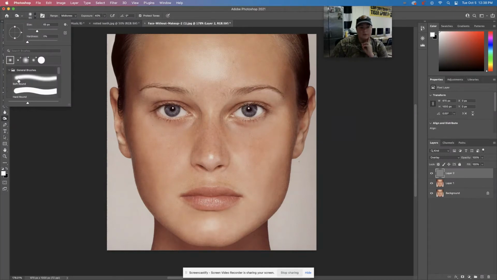That'll be in your general brushes right here. So soft round, and I'm going to go up to about a 160, 162, 164, 165. Somewhere in the 160s will be good. So you see how mine's pretty large. All right, so now what we're going to do is we're just going to shade the portions of the face,